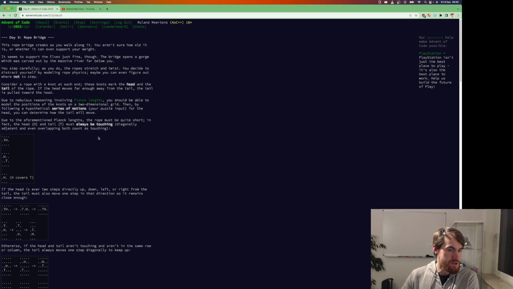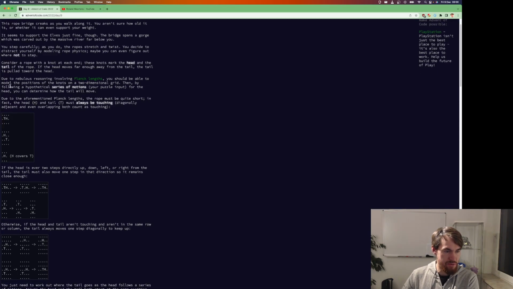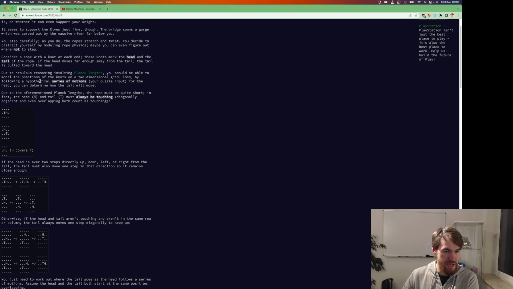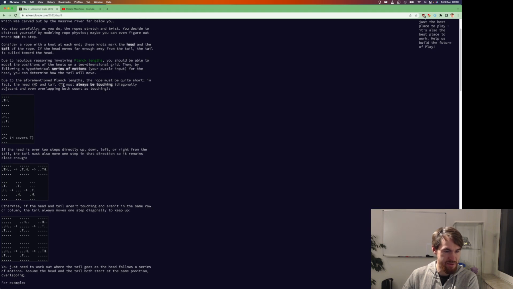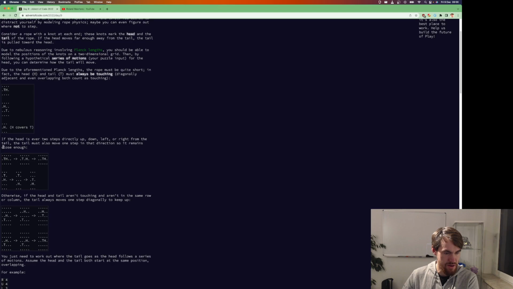So we have knots marked at the head and the tail of the rope. You should be able to model the positions of the knots on a 2-dimensional grid. By following a hypothetical series of motions for the head, you can determine how the tail will move. The head and tail must always be touching. If the head is ever 2 steps directly up, down, or right from the tail,